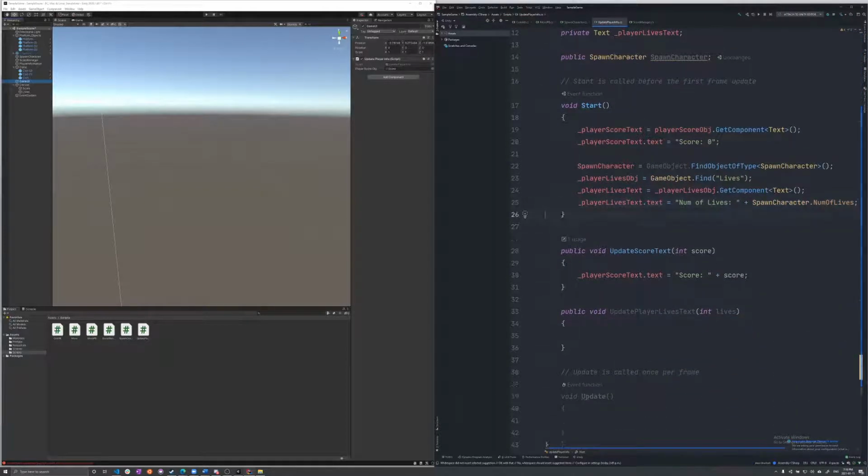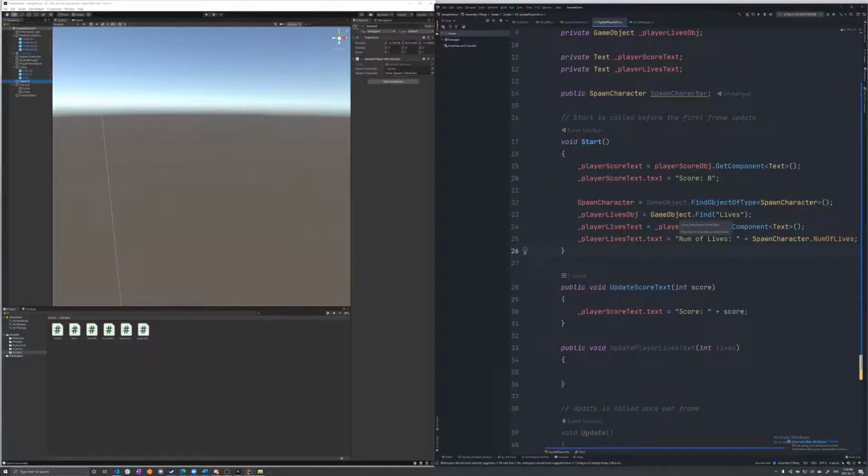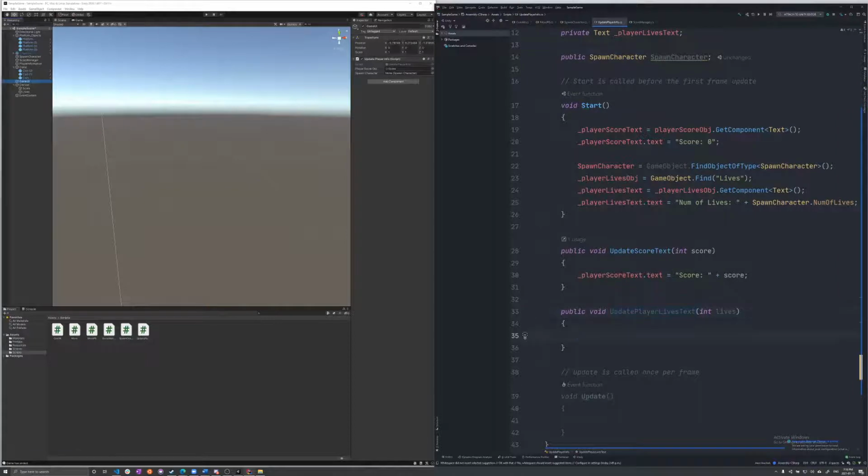So now we can display the number of lives at the very start. And then when we update the number of the player lives, the simplest way to do this is, when we do update the player lives, we can basically say player lives text dot text is equal to, once again, number of lives